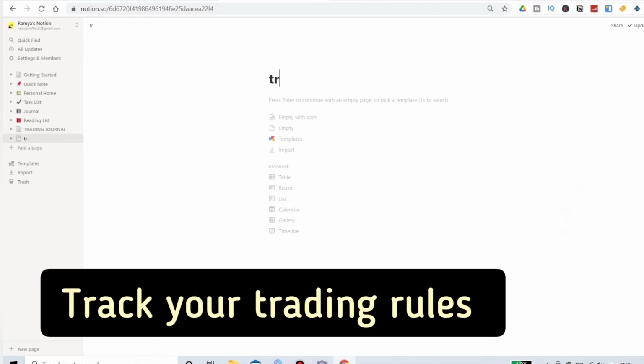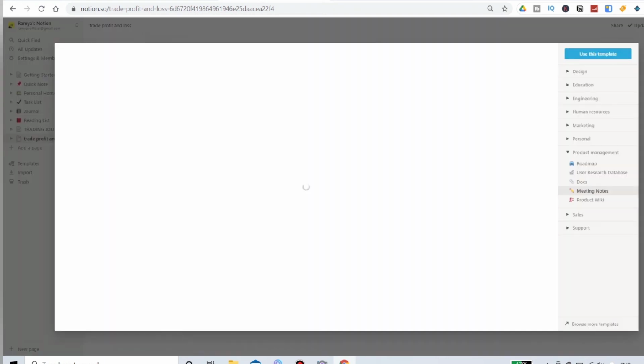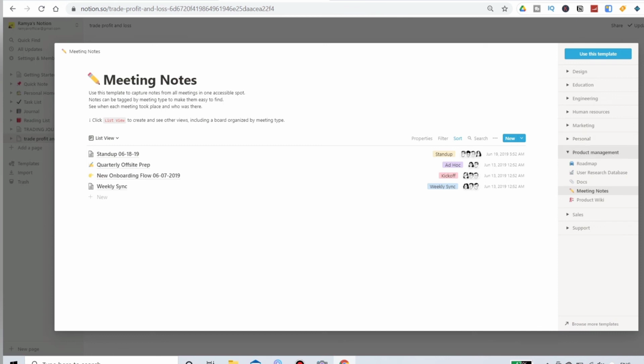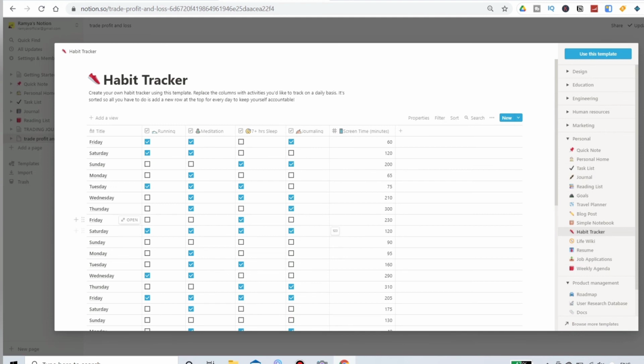Create another page also. If you want to create a trading habit tracker, like if you want to track only profit and loss, or track your habits, your rules and all, you can use the templates also. If you click on templates, you will have all these options. So if you click on habit tracker, you can edit it, you can tweak it according to your needs.